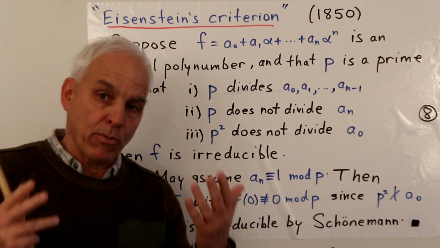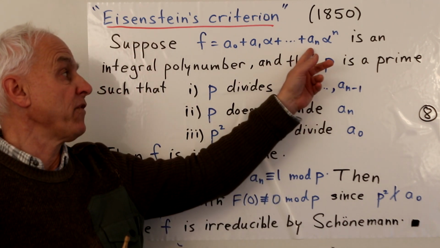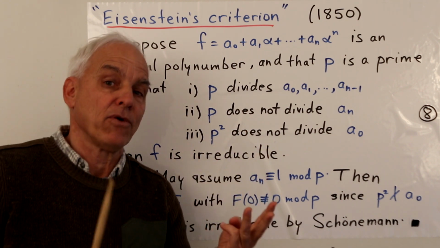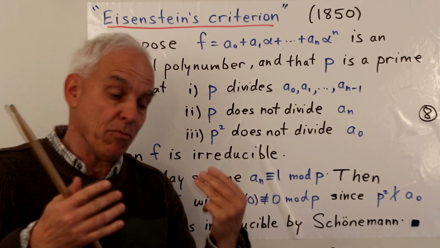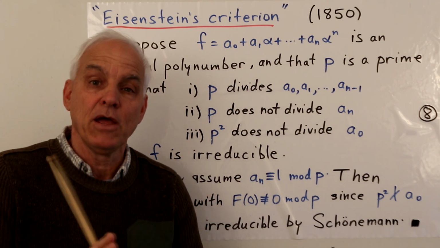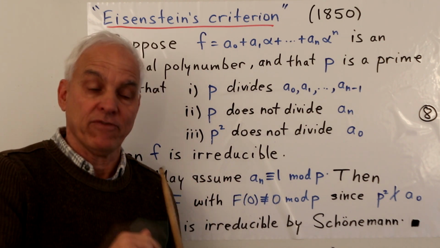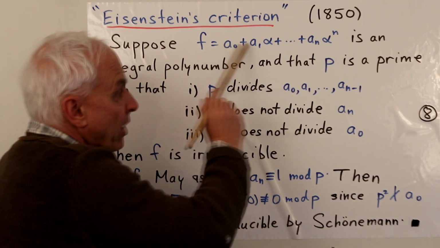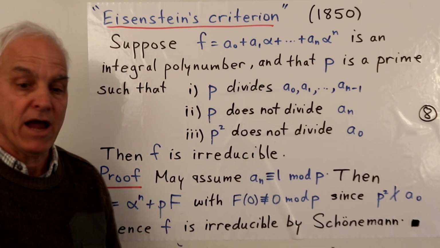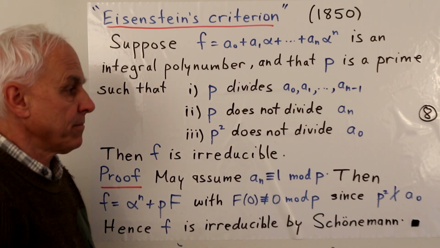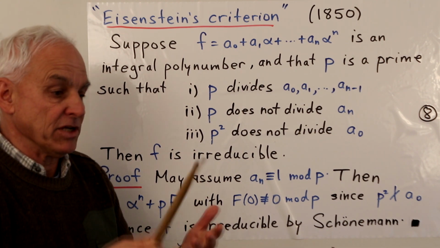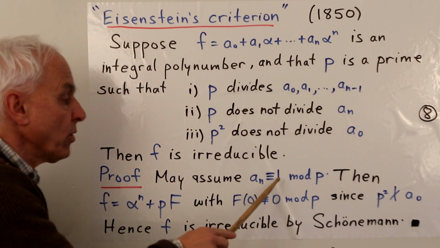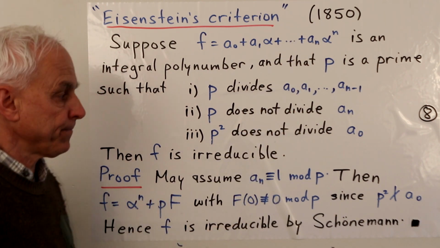So for example, let's say we were working mod 7 and that this top coefficient was 3. Then 3 has an inverse mod 7, namely 5. Because if you multiply 3 times 5, you get 15, which is the same as 1 mod 7, because you can throw away 14. Okay, so if we multiply all coefficients by 5, then we basically have the same Pauli number, as far as irreducibility is concerned. But now we are arranging that this top coefficient is congruent to 1 mod p.